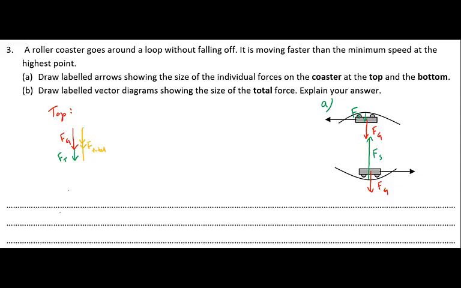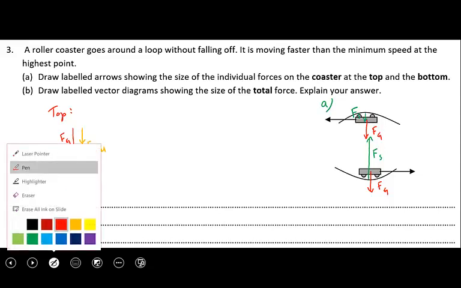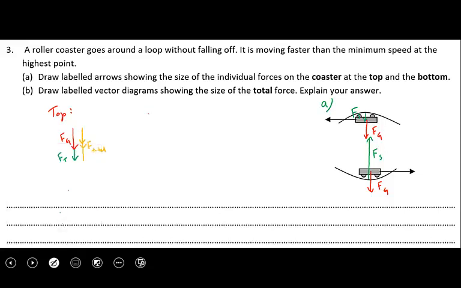Okay, and at the bottom, note that we're going to assume here that it's traveling at the same speed at the top and the bottom. In most cases that wouldn't really be the case, because the roller coaster's got to get up the hill to get to the top, so it'll lose some kinetic energy. But we'll assume that it's traveling at the same speed at the top and bottom, just so that we can compare these easily. So at the bottom,